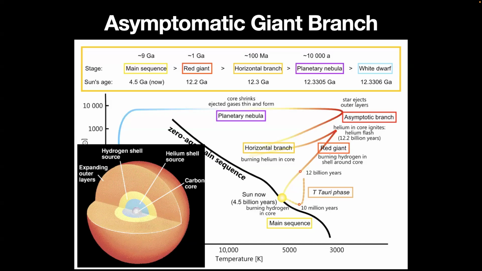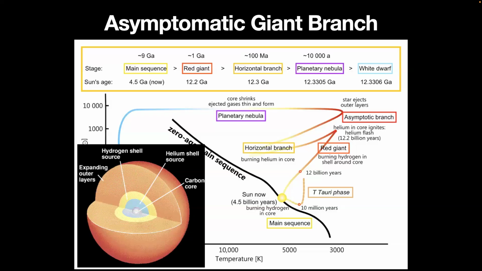In the helium shell, helium fuses into carbon, and in the hydrogen shell, the hydrogen fuses into helium. So that's what we have illustrated here. We have this carbon core, we have a shell of helium that is fusing, and a shell of hydrogen that is fusing. So these nuclear reactions cause the star to expand again, becoming even redder. So this is the beginning of a second red giant phase, sometimes called the asymptotic giant branch, or AGB